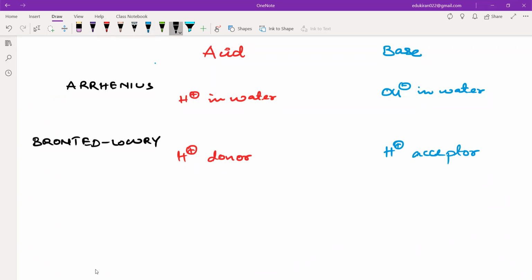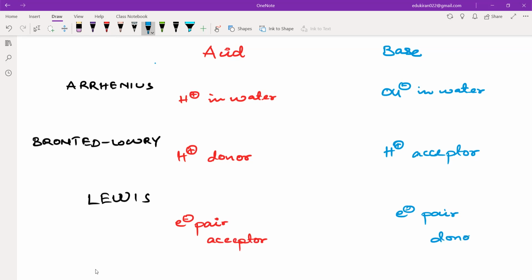Then at last we learned about the Lewis acid base theory. So Lewis simplified it to electrons, and he said that anything which is an electron pair acceptor is acid, and anything which is an electron pair donor is going to be base. So this is the crux of today's class: 3 concepts of acid and bases. Then tomorrow we will write some remarks, and then we will study about water, because whatever we are going to add, either it is acid or base, we are going to add it in water. So we have to study about water first, and we have to study the system that is water, and then we'll